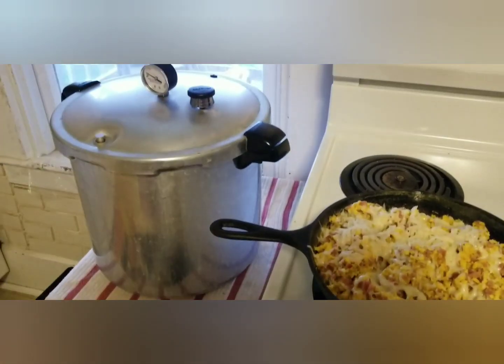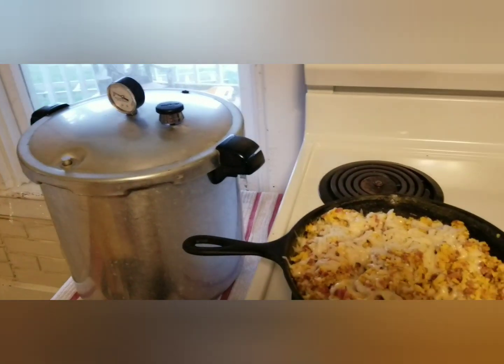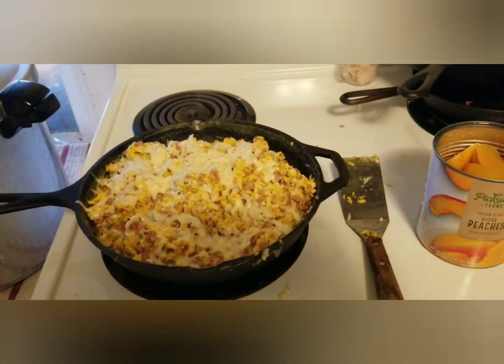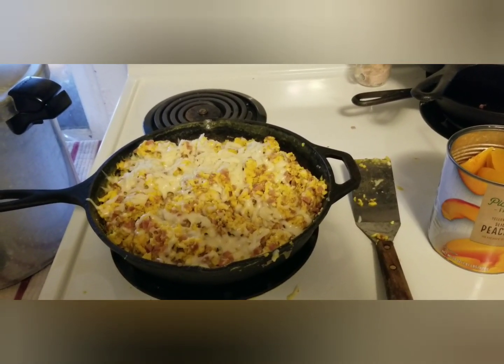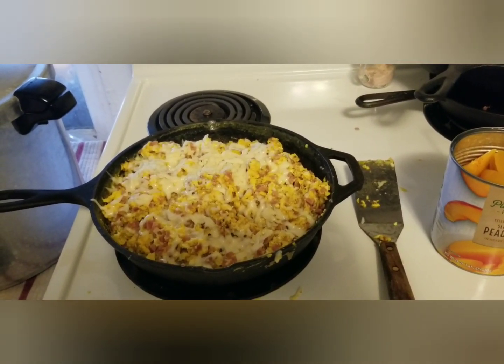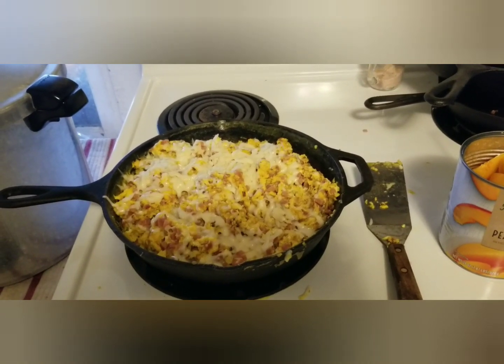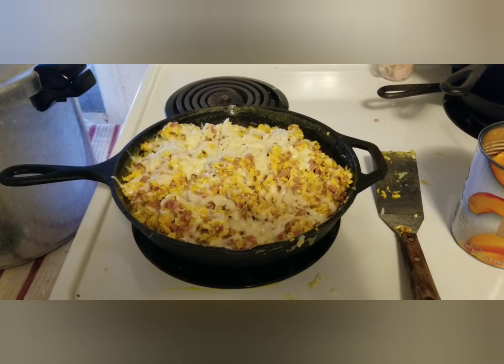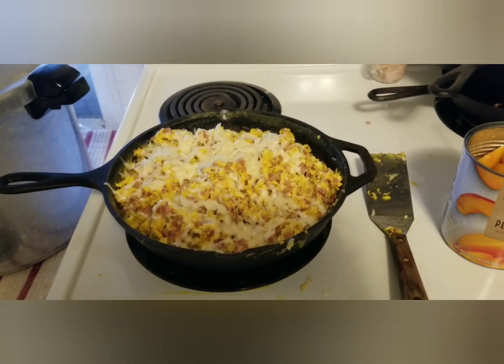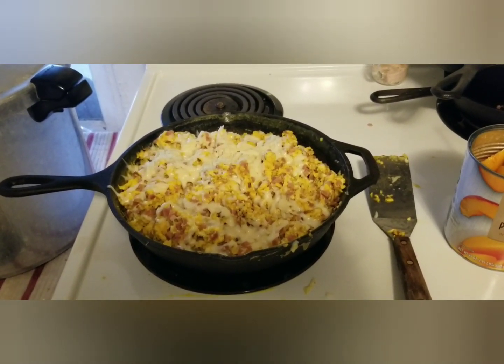I spent the day, we had some lovely neighbors give us an entire turkey back at Thanksgiving time, and we had gotten one from the food pantry from Thanksgiving, so I had just left it in the freezer with the plan that eventually I would cook it, and it had been staring at me, and so I decided I was going to go ahead and process it. And long story short, my